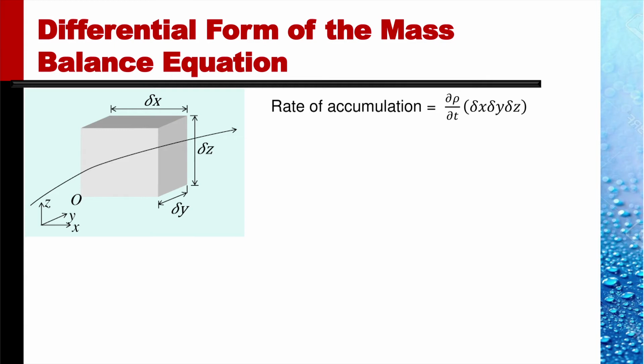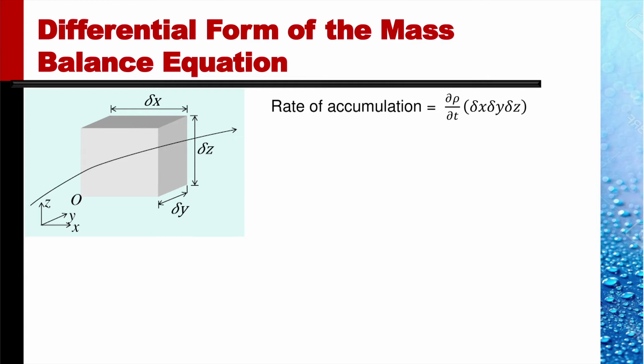The only way this mass within the control volume can change is if the density changes. And if del rho by del t is the rate of change of density within this control volume, then the rate of accumulation would clearly be del rho by del t into delta x, delta y, delta z